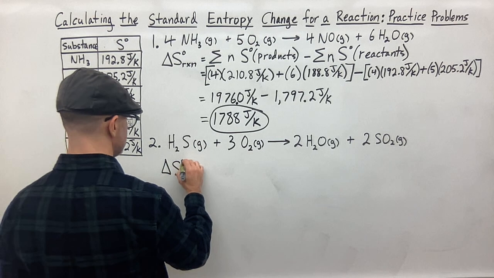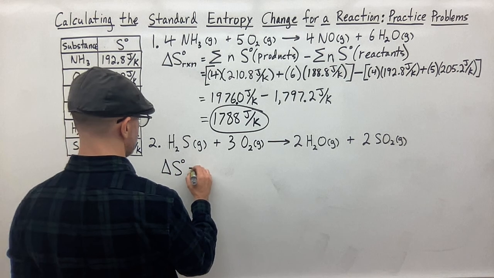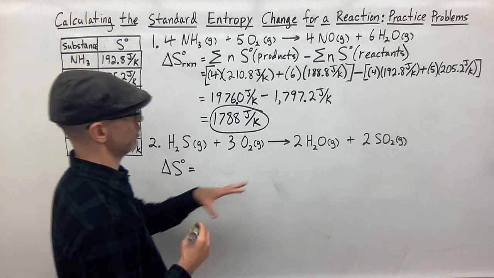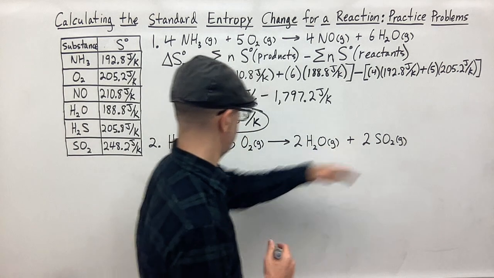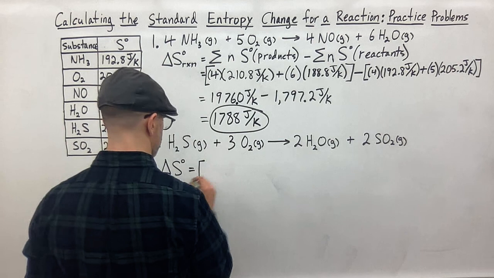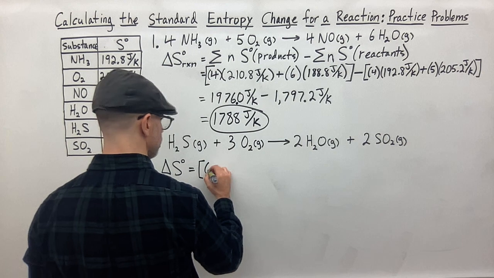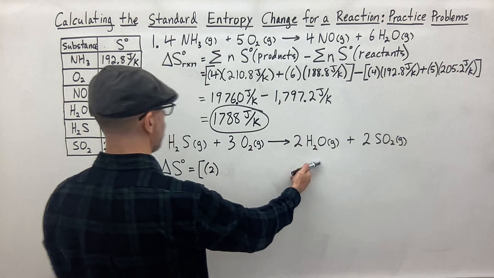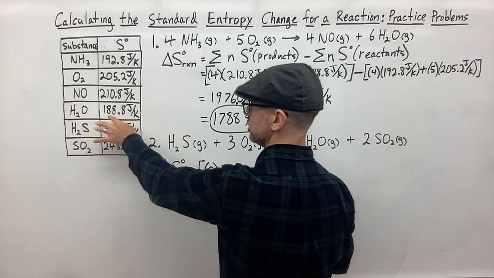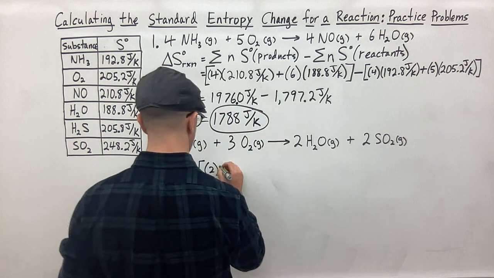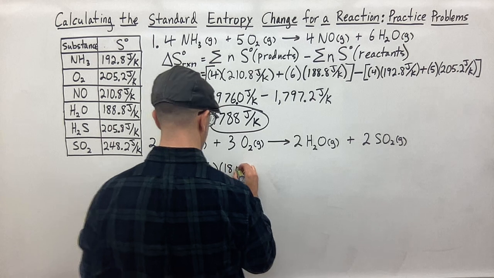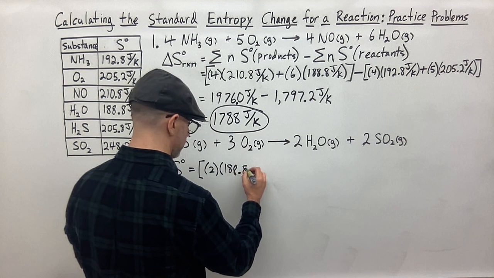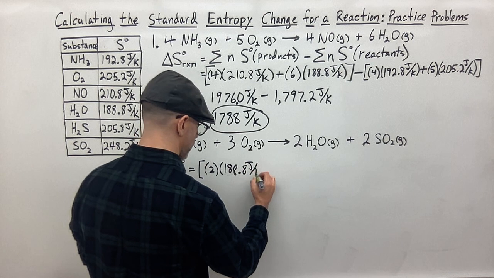So delta S, the standard change in entropy, is equal to, and then we're going to do products minus reactants. So products first. So put my square bracket here. So I have 2 times that of water. Water is the same. It's gaseous water. So 188.8 joules per Kelvin